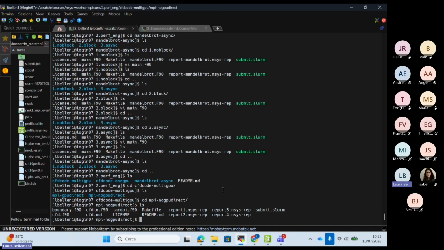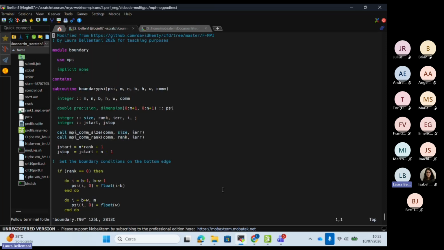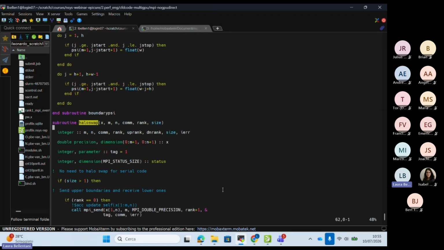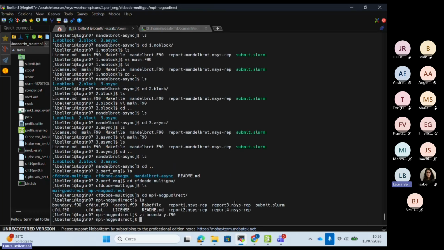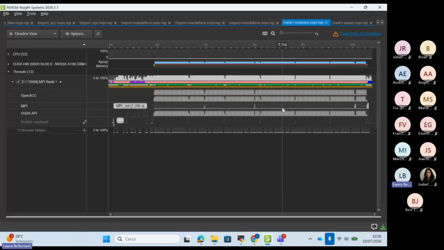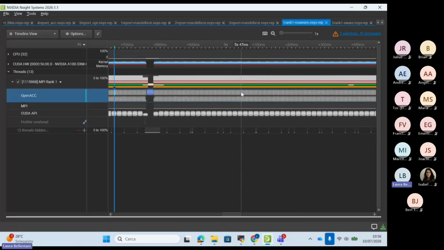So we update the buffer on the host, and then we update the buffer on the device. In our routine halo swap, for example, as I'm using OpenACC, I have this update self and update device before and after the MPI communication. If I use this approach, then this is how the report might look.